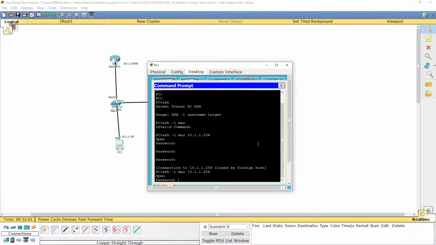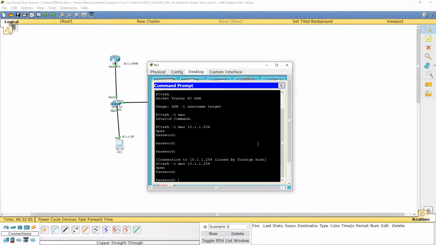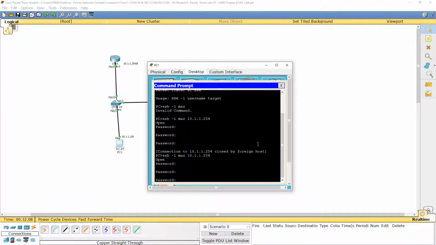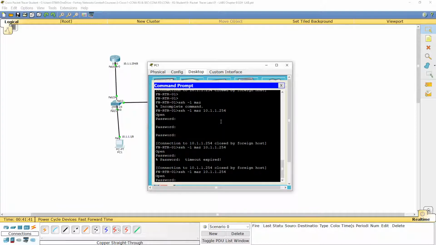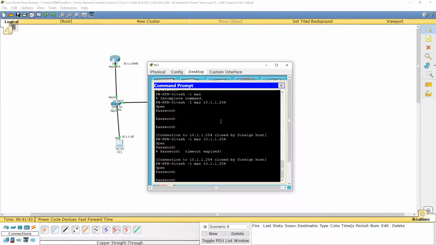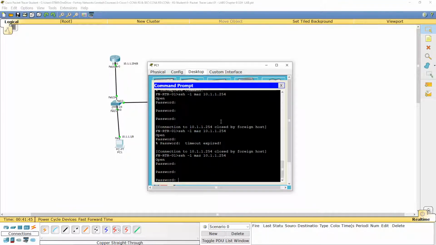So look, I am testing from a PC. From the command prompt I can connect, and it goes to the Cisco router, but I'm not sure what's active, and you can see after that it's closed.